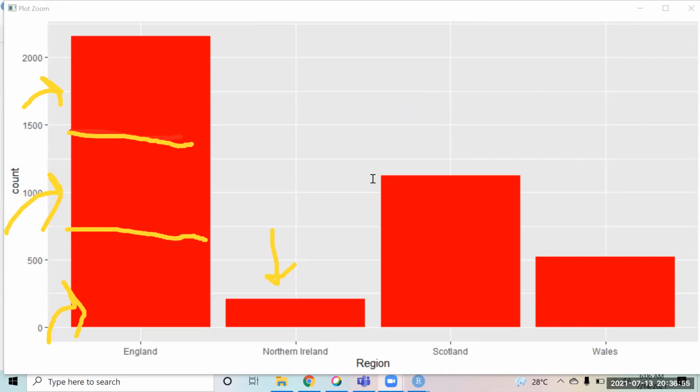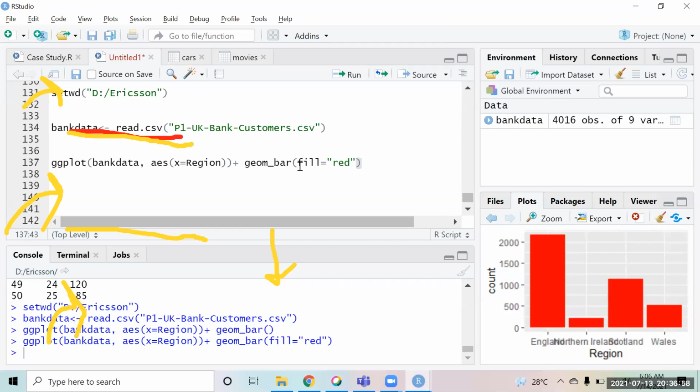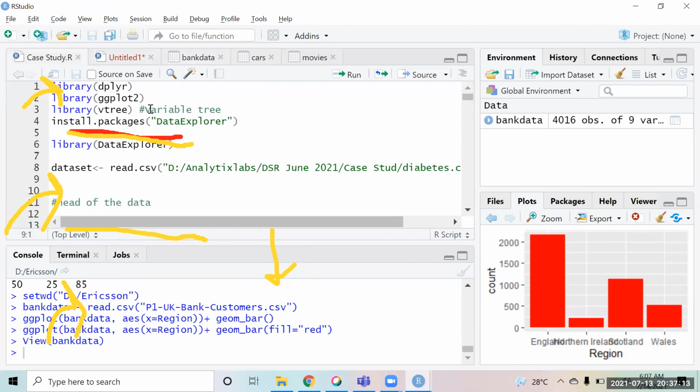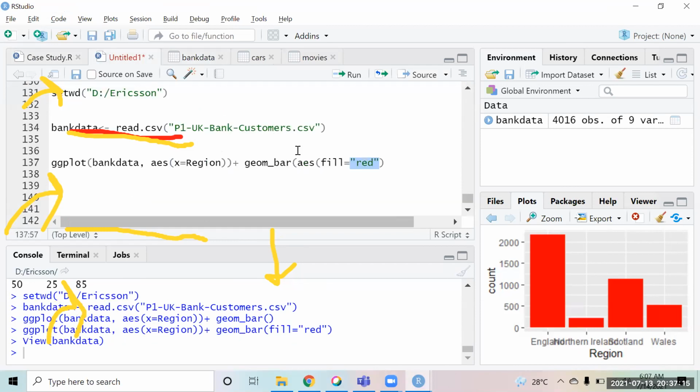So what I can do is I can use the same concept, aesthetics fill equals to, I would like the filling to happen on the basis of job classification, right? So I can say fill equals to job dot classification.